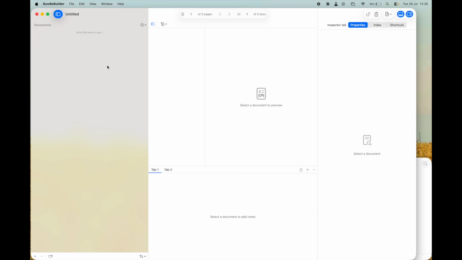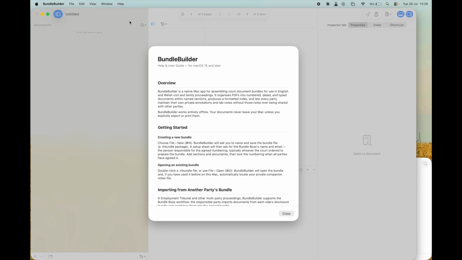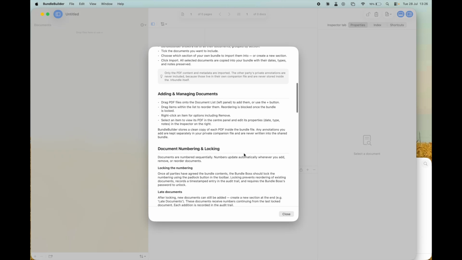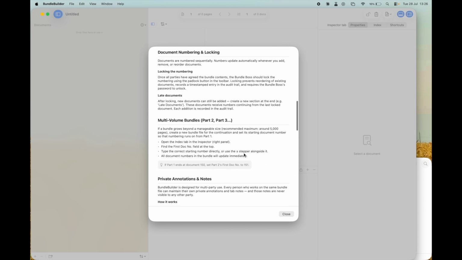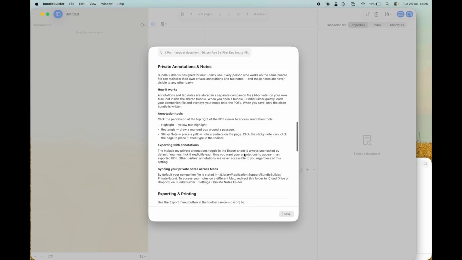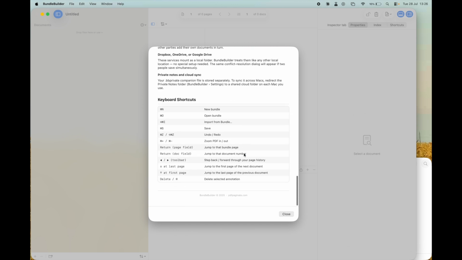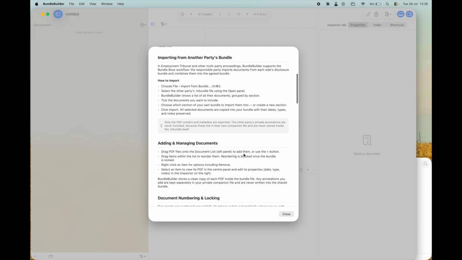Something else to point out is that if you go to the help menu at the top of the screen there, and you go Bundle Builder Help, you do get an awful lot of guidance there on how to use Bundle Builder. It's not very long, but it's certainly worth reading. So do read through that,